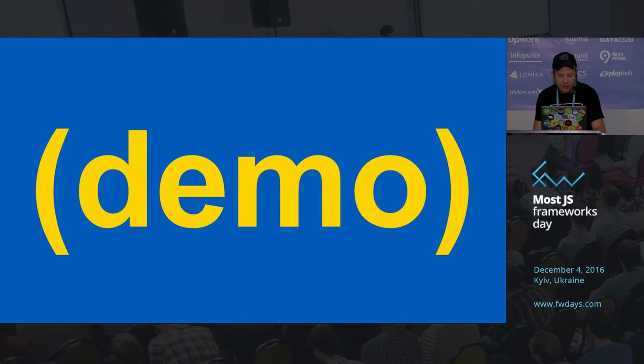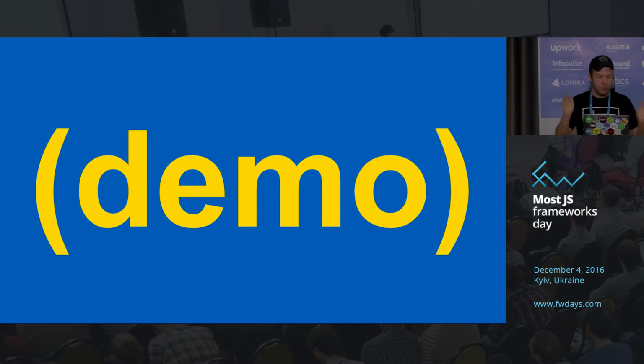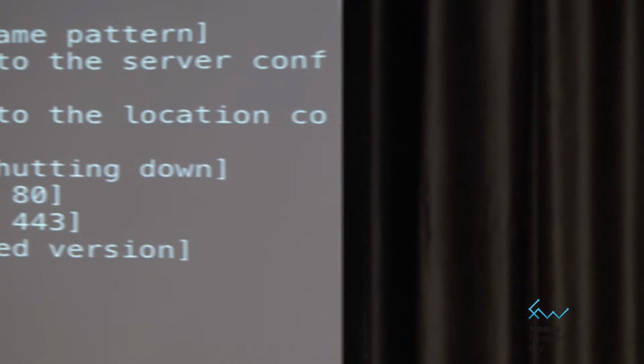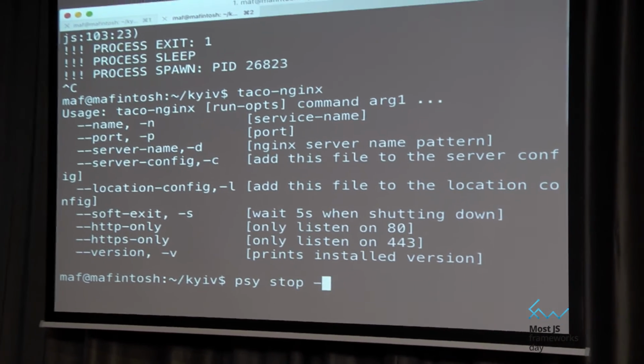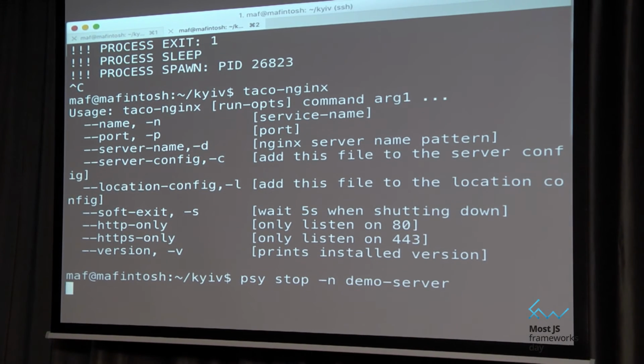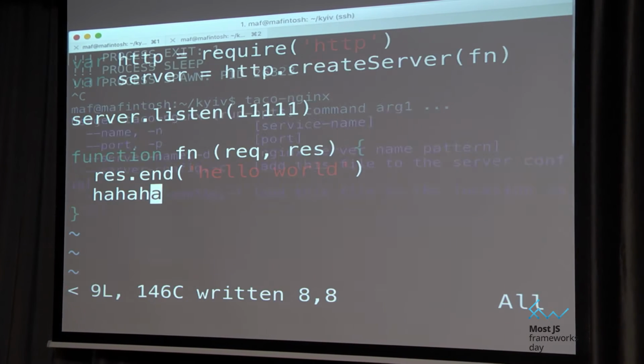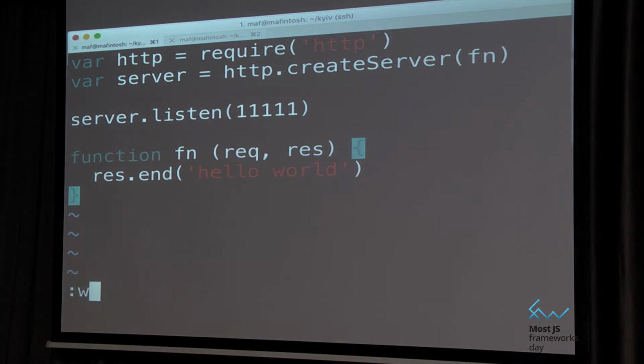So let's see if I have it installed on this machine. Cool, I already have it. Awesome. Let's stop this PSY thing so it doesn't interfere. And let's make this stable again. Cool.